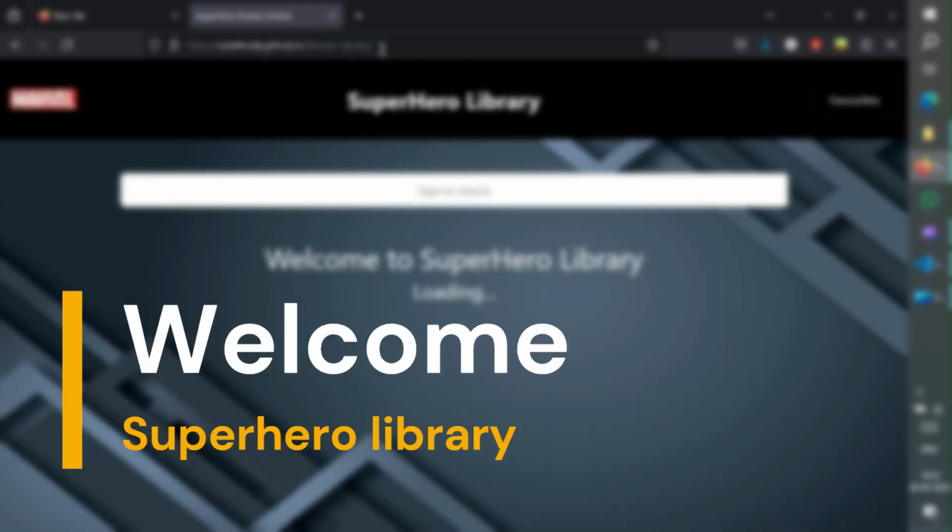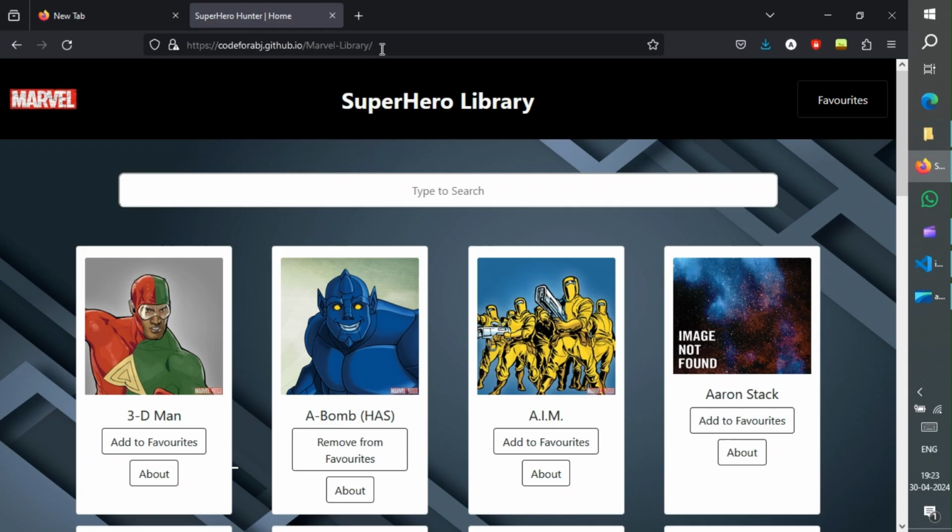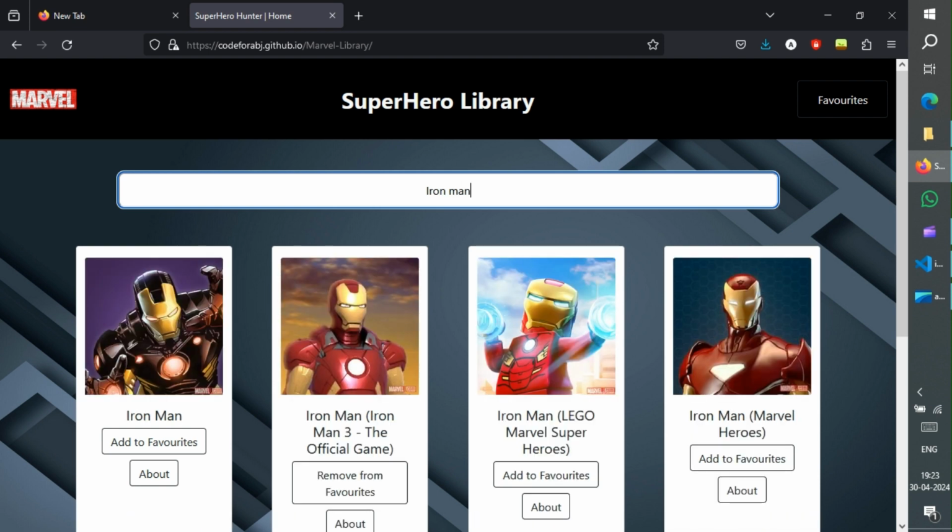Welcome to my project showcase, Superhero Library, where users can search for their favorite superheroes, know more about them, and add them to their favorites. Here, search works by typing the names and it will fetch the data from Marvel's API to show you their